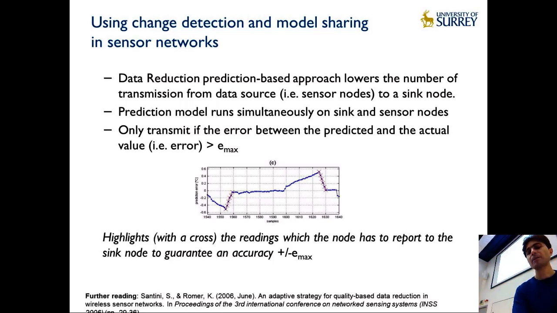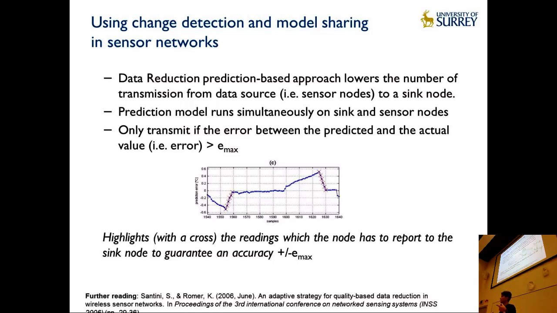So I create a model, and I share it between the source and destination. Let's say I have a sensor here that measures the temperature, and over time I've created a model which can predict that temperature with some accuracy. And the more accurate it is, the better. And then I share that model with my receiver. And I say every time I'm now